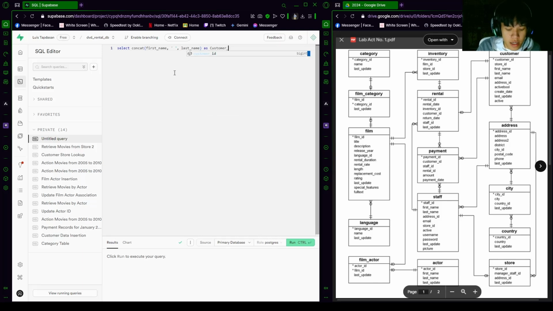And after this, for the next line, we're going to locate where we are going to get the first name, the last name, which is from the customer table. So we're going to write from customer, and then after that, we're going to locate where exactly in the